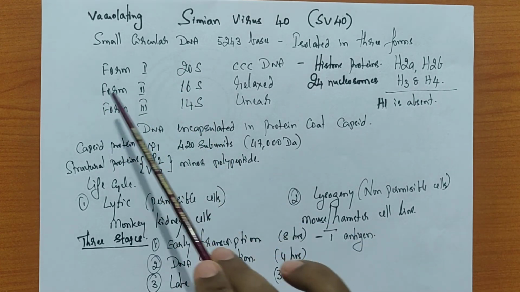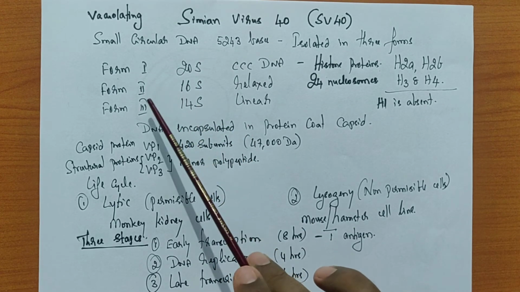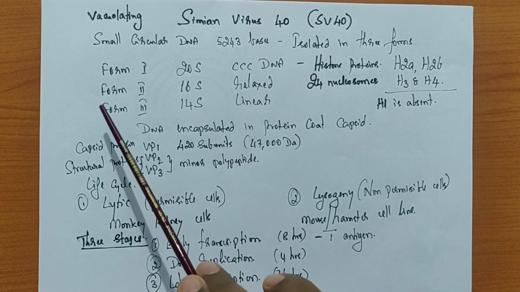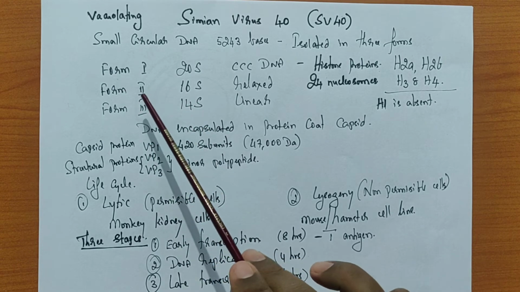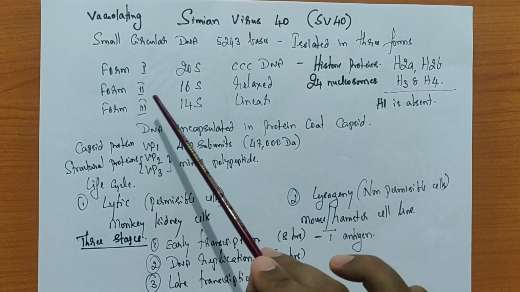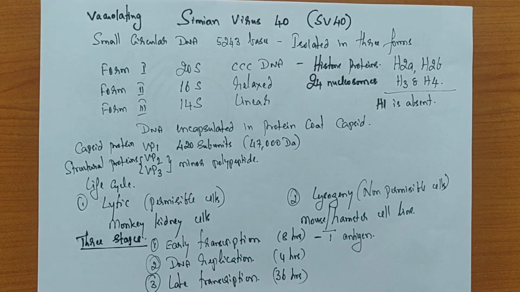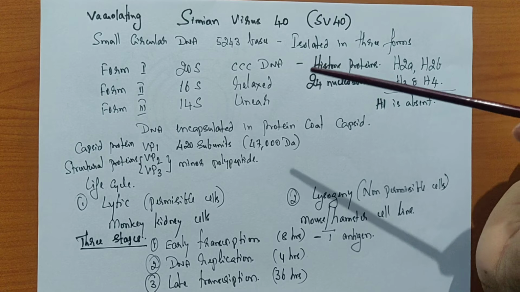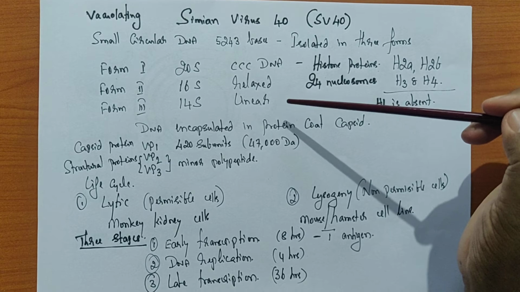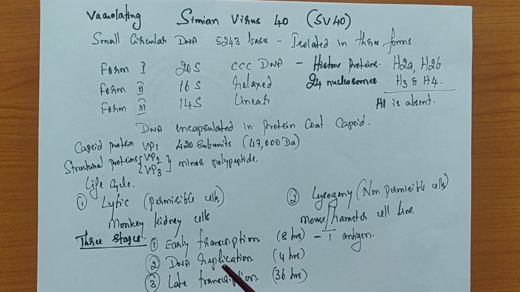Now suppose this DNA has a nick in one of the strands, since it is double stranded. Then that one is going to be relaxed DNA. Suppose you linearize the whole DNA with a double stranded cut, so the circular DNA becomes like a linear DNA. That is another form. So form 1, form 2, form 3: we have the CCC DNA, the relaxed DNA, and then the linear DNA. This is about the genetic material.